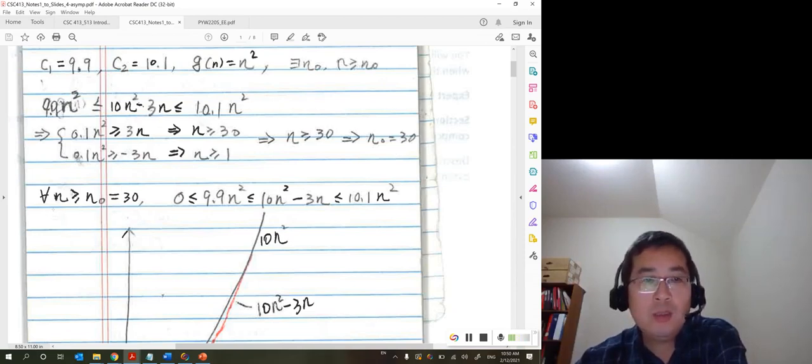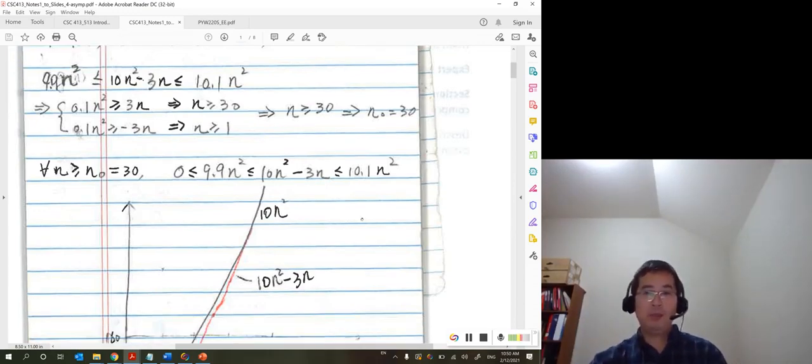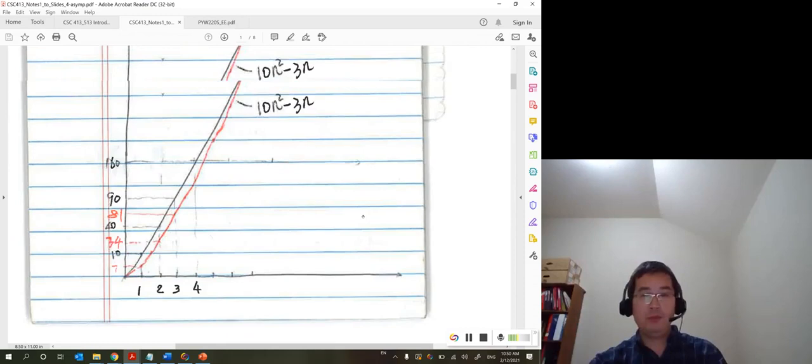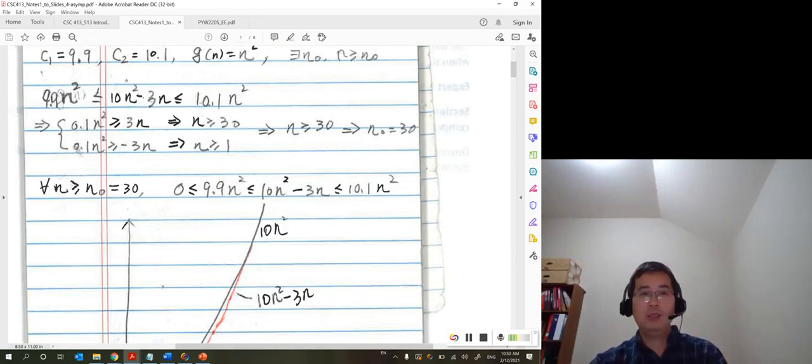For any n larger than n0 equal to 30, we have 0 less than c1 g of n, less than f of n, less than or equal to c2 g of n. So by definition we proved it. We also showed their relationship. What's the relationship between f of n, 10n squared minus 3n, and 10n squared? Because this is the dominating part,